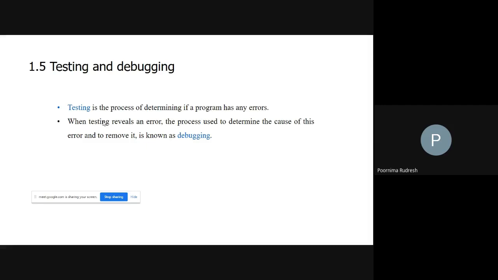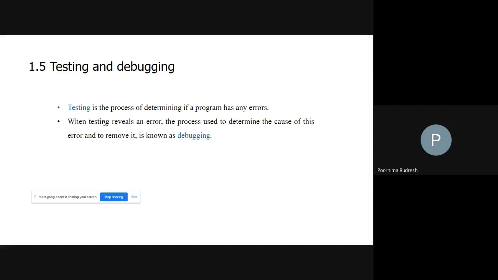Testing is used to identify the errors, whereas the debugging process is used to determine the causes of errors and remove those errors. Understood the difference between testing and debugging?